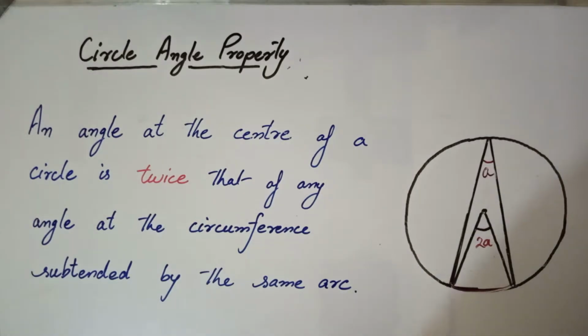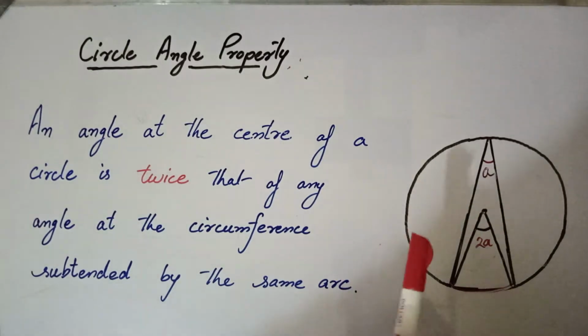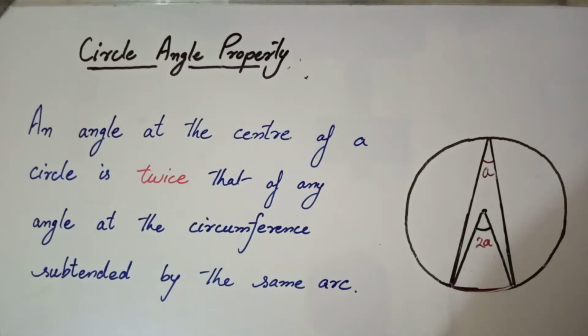This property consists of 4 cases. Here we just prove case 1 and case 2. Both cases have the same proof, but at the end of the proof I will show you all 4 cases related to this property. Now we start the proof.